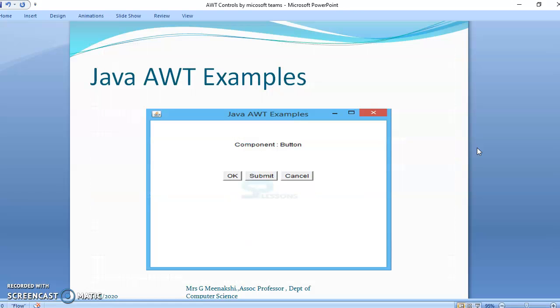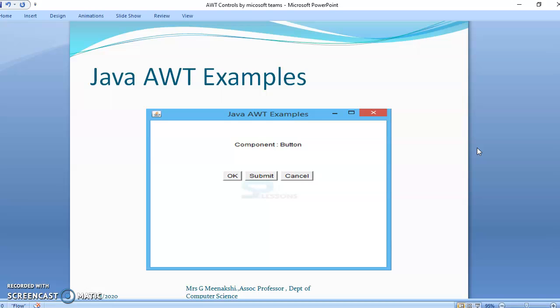Then coming to the components that we have seen, we will take only two examples. The first example is the component called button. If you are creating an application, you need buttons called OK, submit and cancel. Once you design the form using this component and the application you are developing is finalized, you click the OK button.